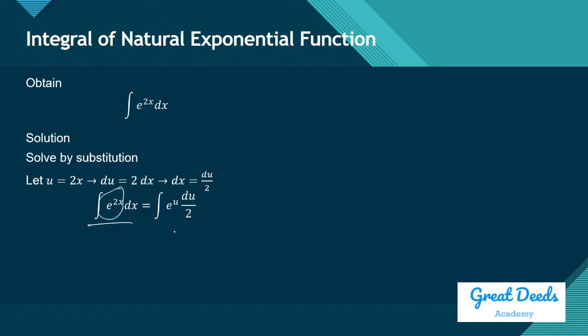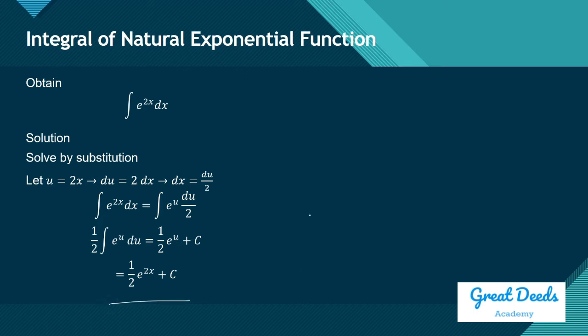The integral of e to the u, and then dx, we will replace it by du over 2. Okay, so 1/2, we can write it outside the integral sign. And the integral of e to the u du is just e to the u. And so, the integral of e to the 2x dx is equal to this, 1/2 times e to the 2x